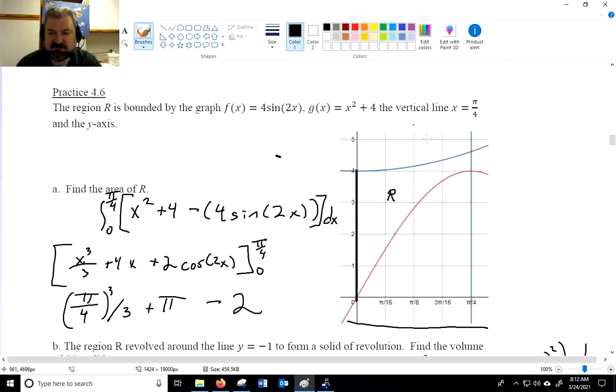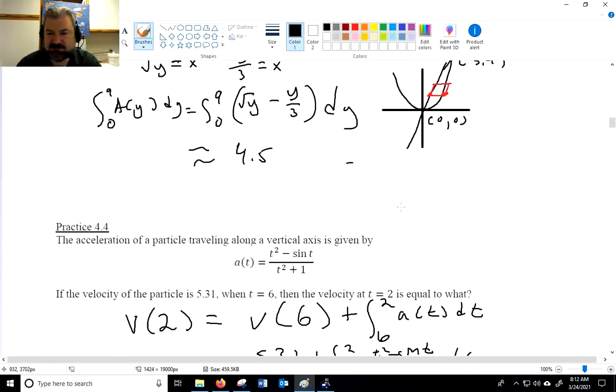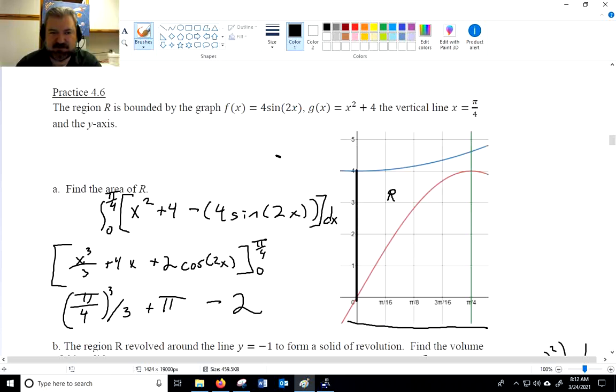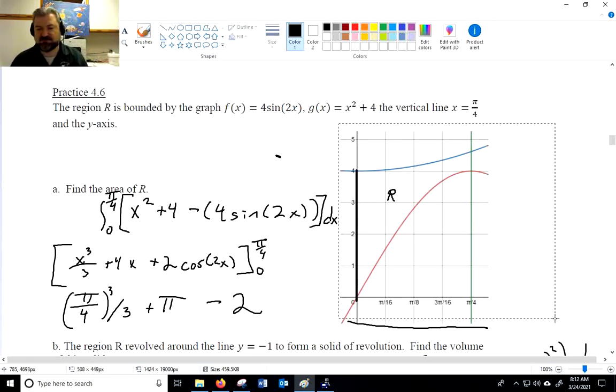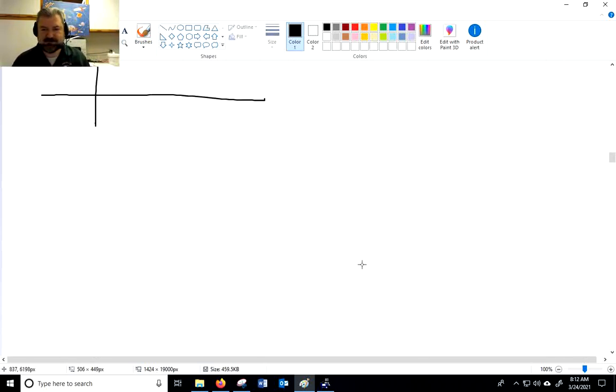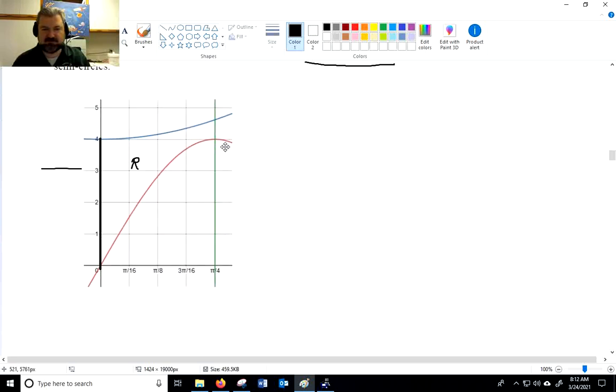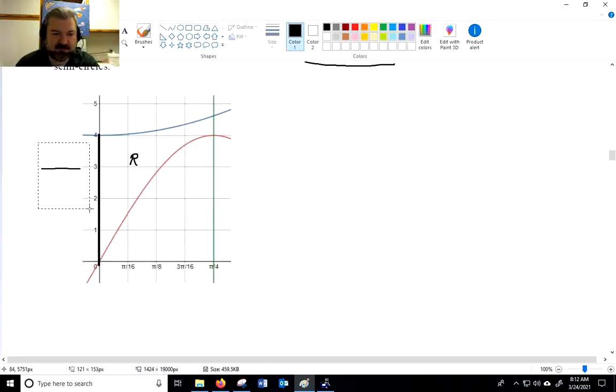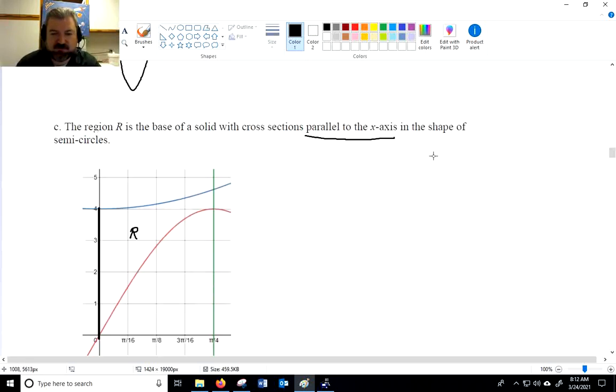So I'm going to need to, let me just grab a quick copy of this. We're going to need to do some fancy algebra footwork here. So what I need to do is find the distance from here to here